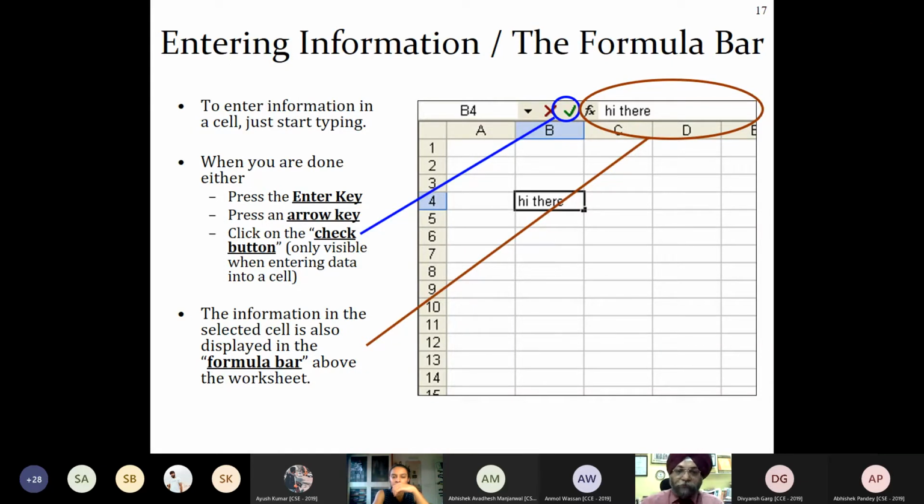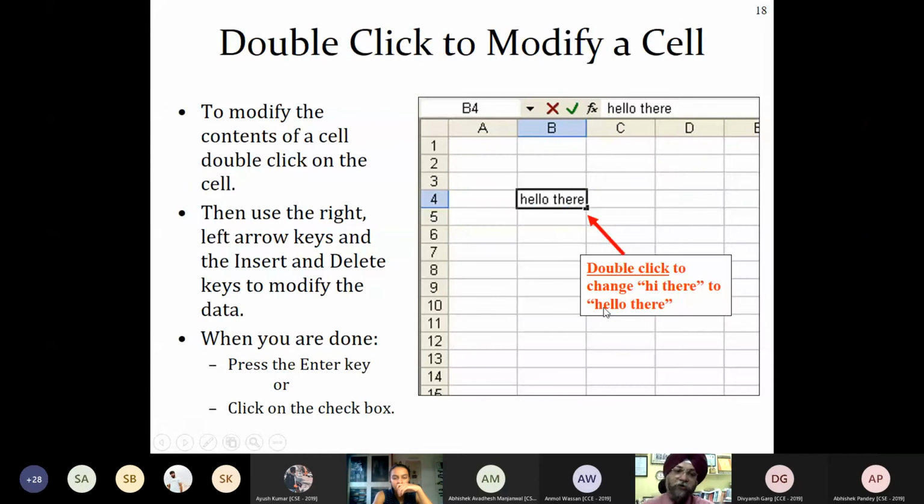Okay. So whenever we want to enter any information, we just go to that cell, and then we can go to the formula bar, enter anything there and press the enter key. That particular thing will be entered in that cell. Or otherwise, you can directly type in the cell. Whatever is entered over here will be depicted in the formula bar also at the same time.